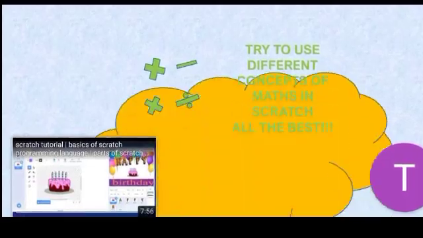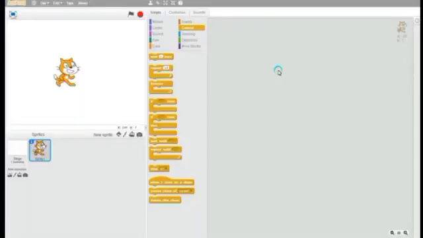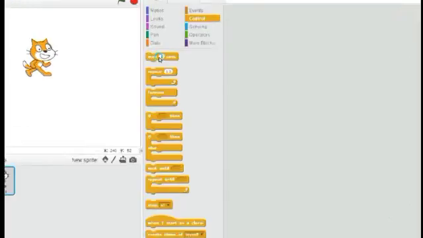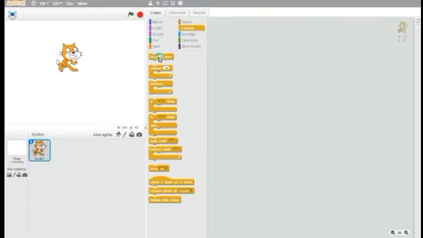So children, this was operator block. Now let's learn about control block. Control block helps us to control the script and our sprite on the Scratch screen. Children, whenever we start any program, in control block, first we have wait for 1 second.